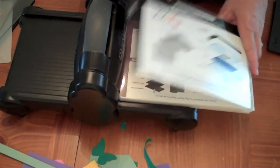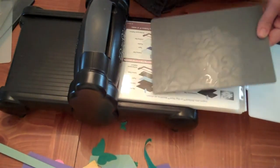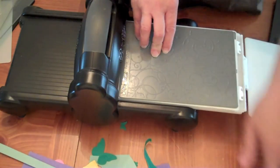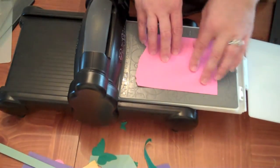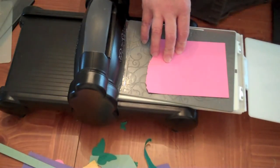Now I'm going to look at my sandwich. It looks like I'm going to use tab 1 again. So I'm going to make sure I put my texture plate, and I'm going to put my cardstock down. And then the difference with these is you're going to need a silicone rubber pad and